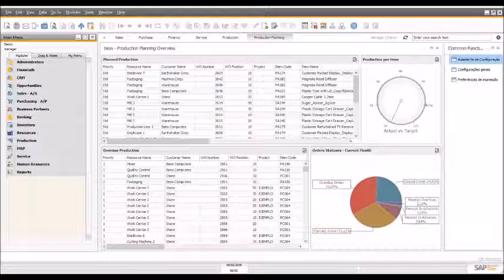Hi, my name is Lucas, and today I'll be presenting you the best manufacturing features for the food industry. I'll be presenting you the software in a SQL database, so this is why you are seeing this layout here for Business One. But the functions that I'm going to show you are exactly the same for the HANA environment